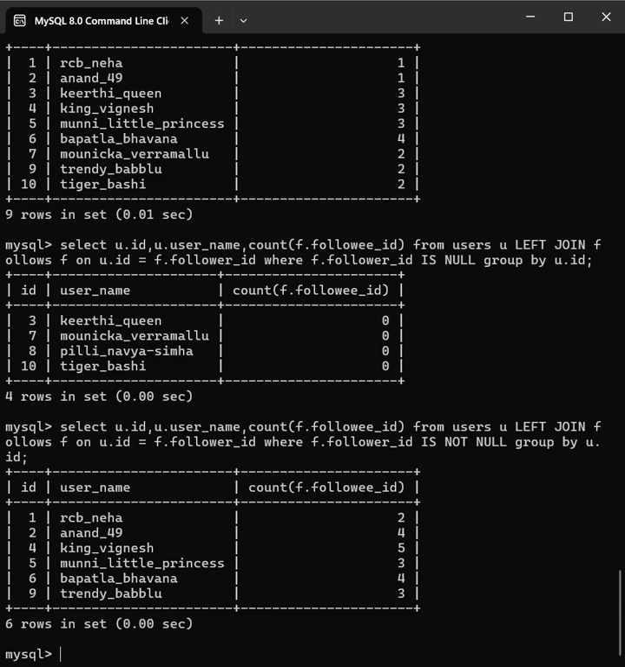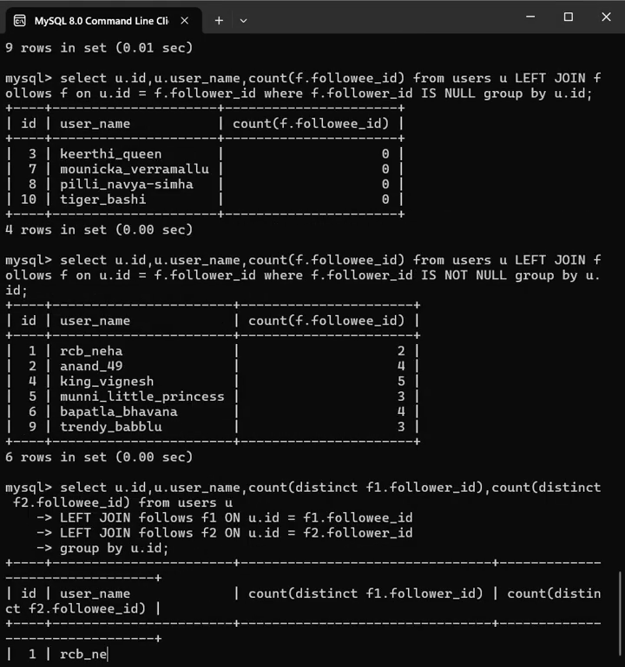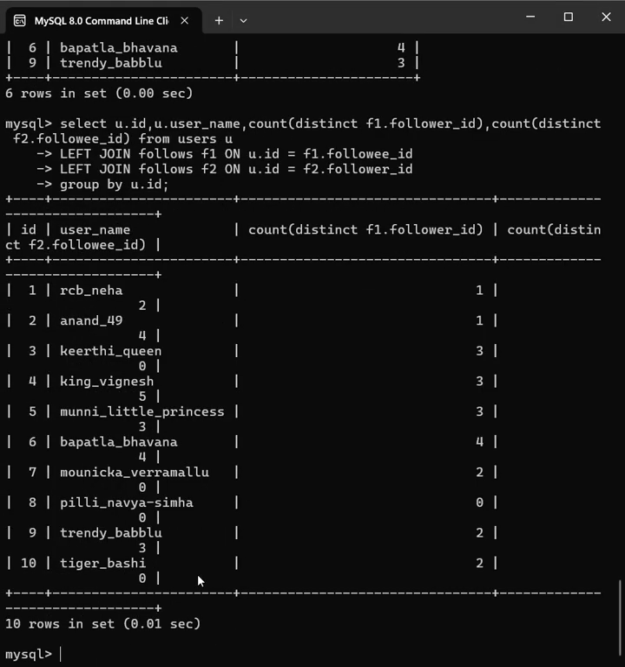And the next one is, now we will display both followers and following in one query. Here we use two left joins. So here we are using two left joins. The first join counts followers, whereas second join counts following. Since two joins create duplicate rows, we use count of distinct. So these are the samples of the users as well as